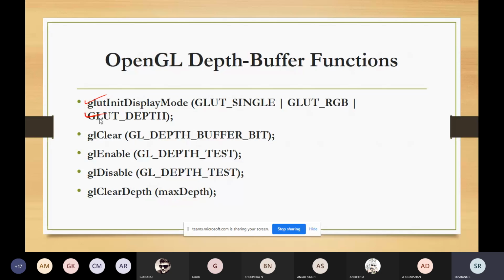If you want to use these depth buffer visibility detection functions, you should make some changes to the initial display mode for adding the depth buffer and also the refresh buffer.